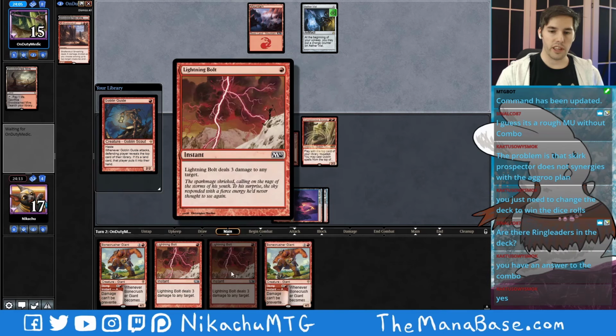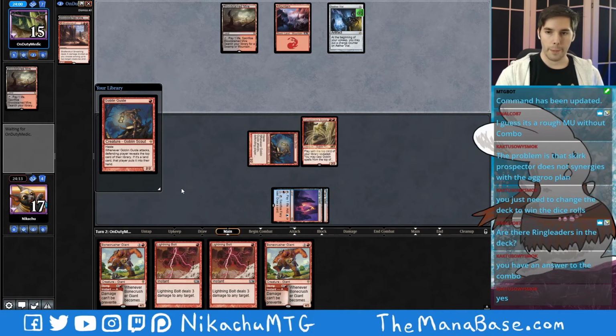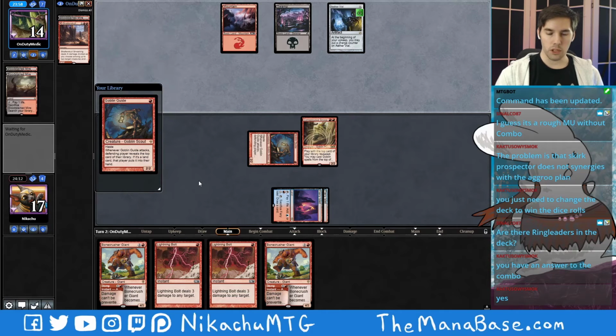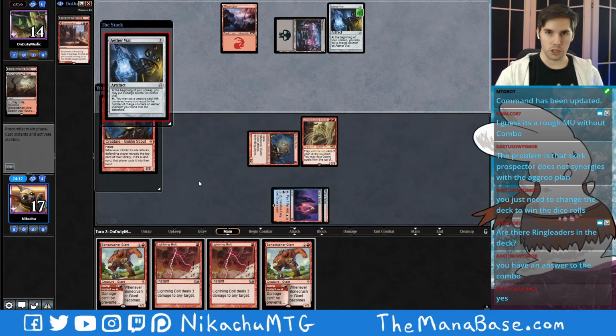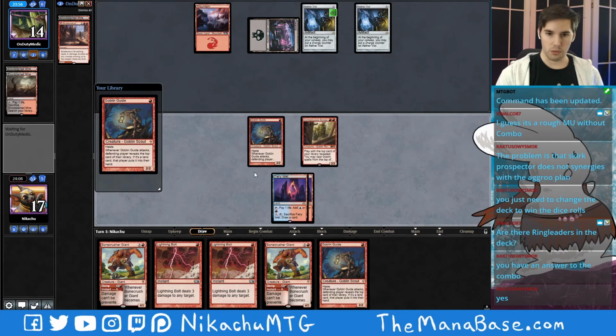I have tons of answers to the combo. Bring the combo on. I'm ready. And I'm more aggro than you are. I wish you could peel land. Well, maybe I don't wish you could peel lands off the top of the deck with Snoop, because then that would be too broken. Oh my god, another